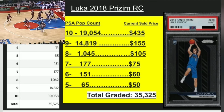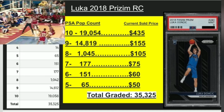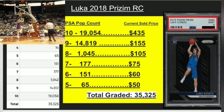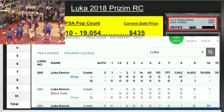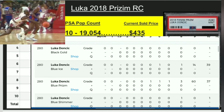Again, moving forward, 2018, Luka Doncic, and what you notice obviously here is the total graded is up to 35,000. There's 19,000 copies in a PSA 10, and although again, he is, yes, the future of the NBA, there's just too many copies. And again, what Prism did is they started making all these subsets of the same card